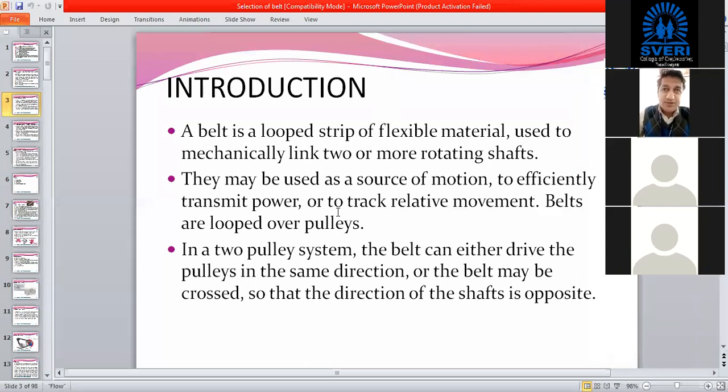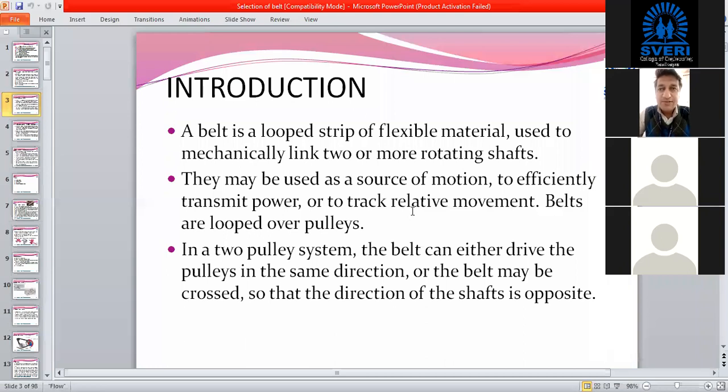Okay, so as compared to the gear drive and chain drive, efficiency is less in case of this belt because slippage is going to occur, and slight slippage is allowed in case of belt. That again we can take as a positive side, because when the slippage is going to occur, then the rest of the machinery remains safe. Some breakage or failure is not going to occur, as the failure is occurring in the power transmission. Hence the power transmission is stopped, and further breakdown is stopped. Okay, so that is the positive side of that belt drive.